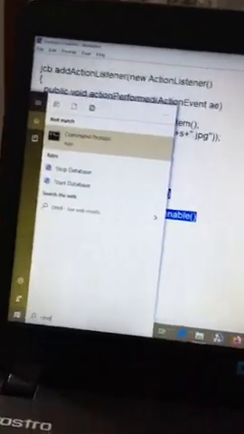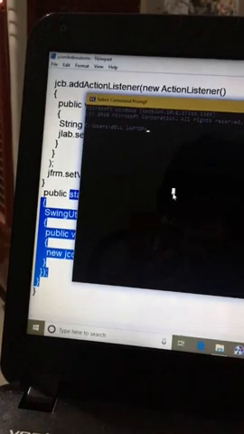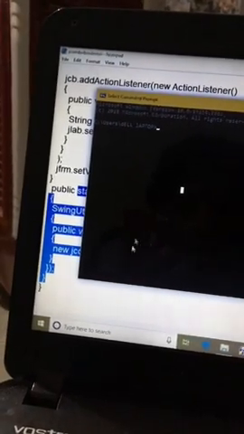Set visible true. We know this, and we know all the remaining lines in our program. Now open command prompt, cmd, enter. I have saved this program in D drive.